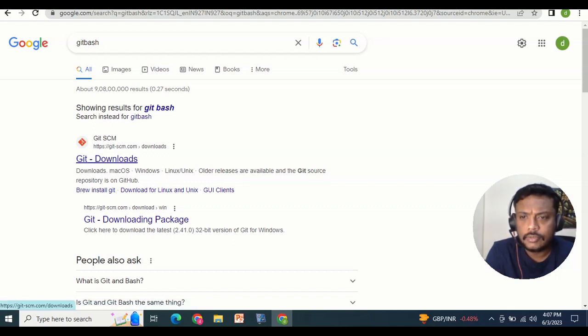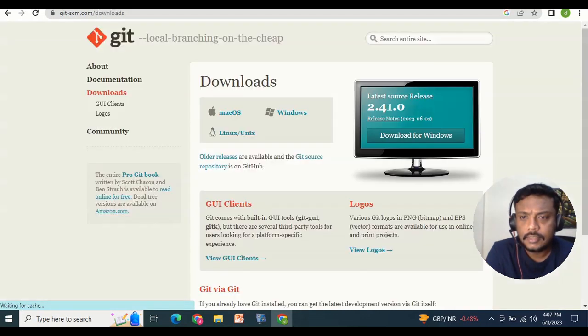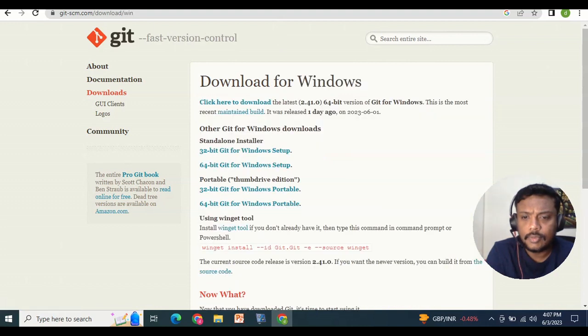You can go through the official website of Git. This is the official website of Git. You can find it for macOS, Windows, and Linux. Here you can download it for Windows. I am downloading it for Windows. Once it asks for 32-bit or 64-bit, I am downloading the standalone 64-bit. Once that is downloaded,